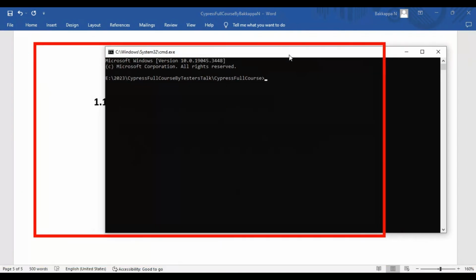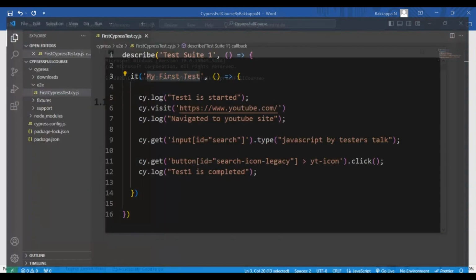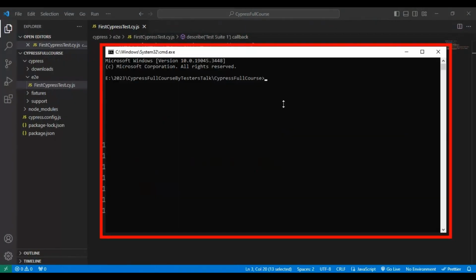So here I will say simply npx followed by cypress run, and here I'll say --browser, and followed by that we have to specify the browser name. So let's add Edge this time. Next time we will run the test in the Chrome browser in the headless mode. So here I'll say edge, followed by that we have to specify --spec,